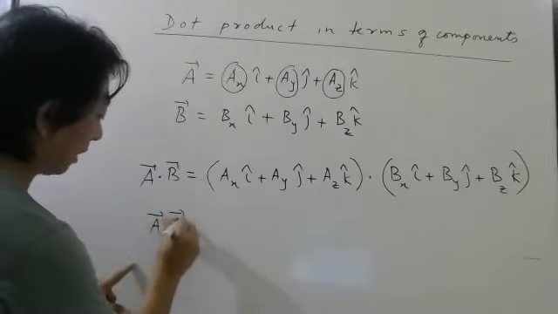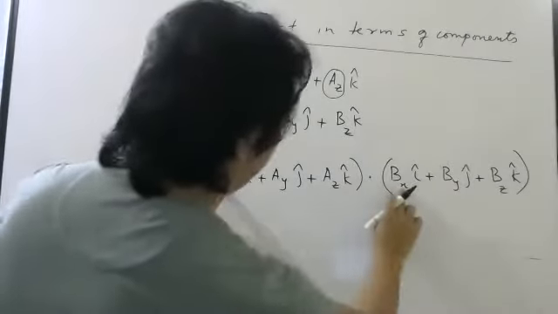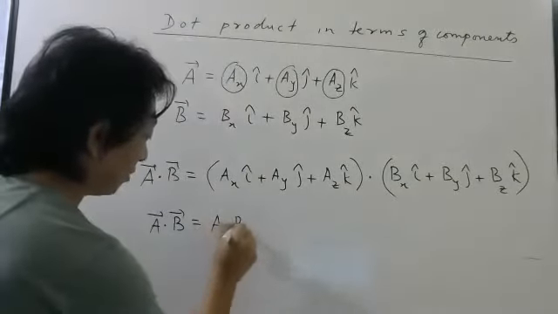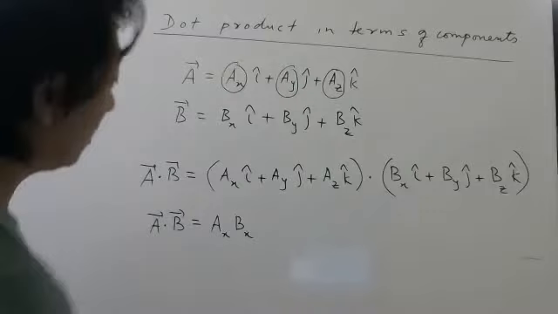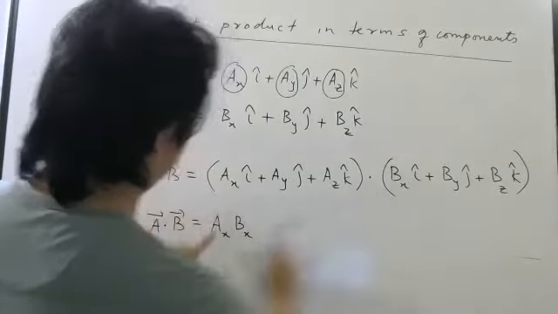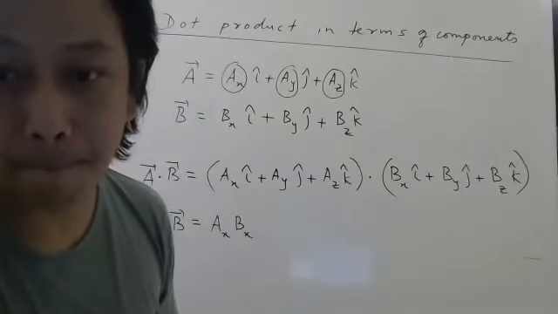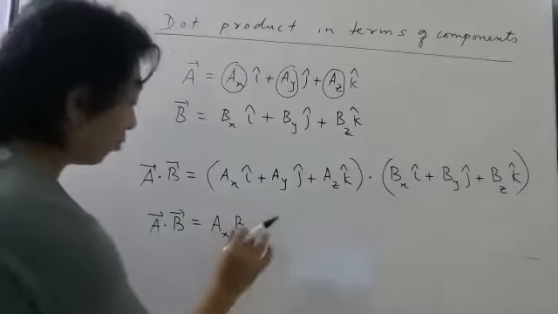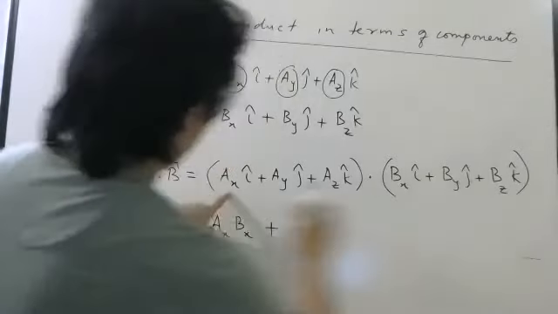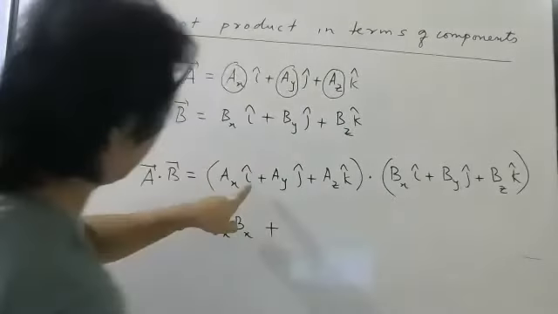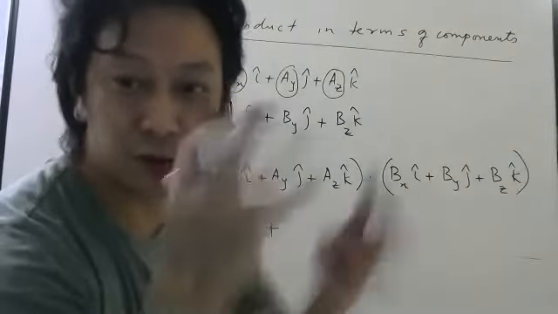So let us first multiply. Do carefully, students, do carefully. This dot this. So what will I get? This is AX, this is BX. Those are numbers, so numbers you have to multiply normally. Distributive property, correct? So first you multiply the numbers. Now, what is left? i cap dot i cap. What is i cap dot i cap? 1. So this will be 1 here. No need to write. Second term, this dot this: AX BY, but you will get i cap dot j cap. That is 0. So no need to write.